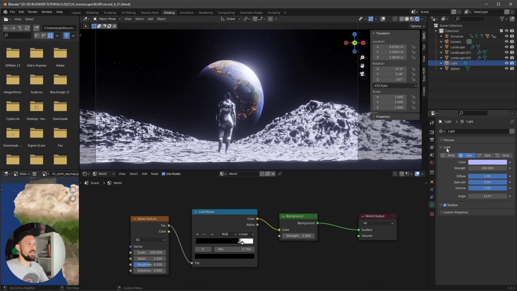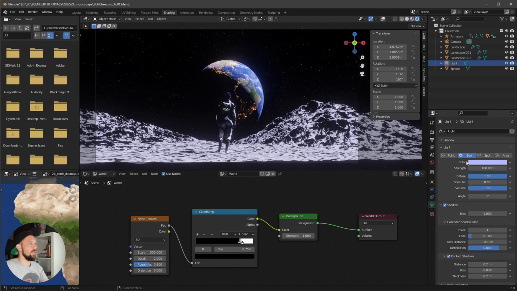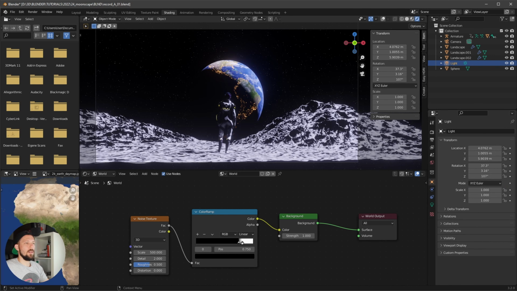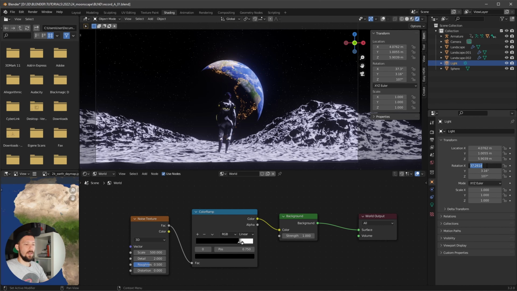And I want to make some other changes. Let's turn down the specular and the angle to 0. Shadow is enabled. Let's see, contact shadows as well. Okay, and the next thing is to change the rotation. I tried different angles for this one, and I used something like